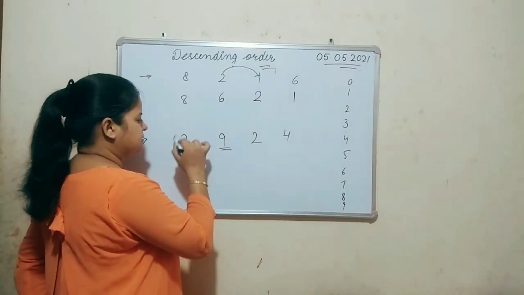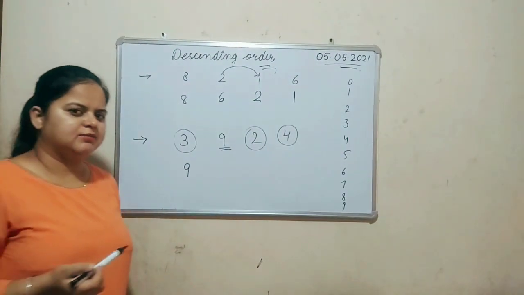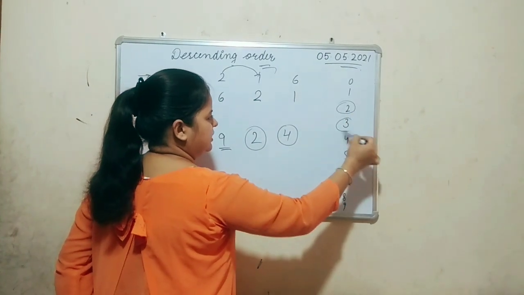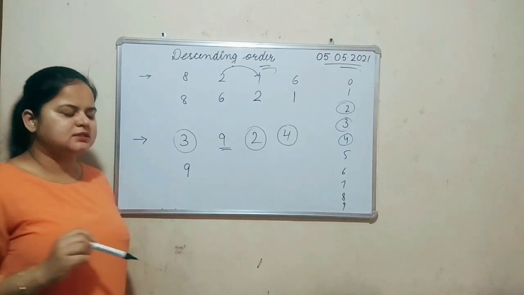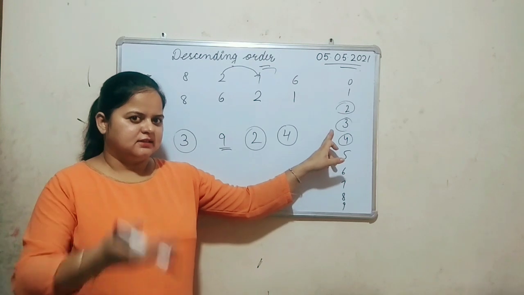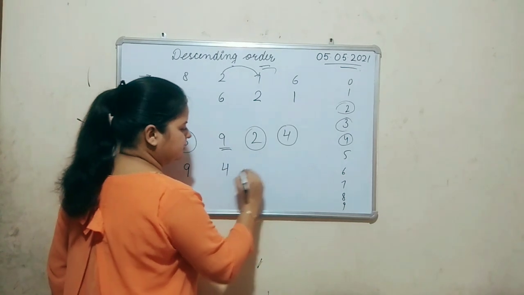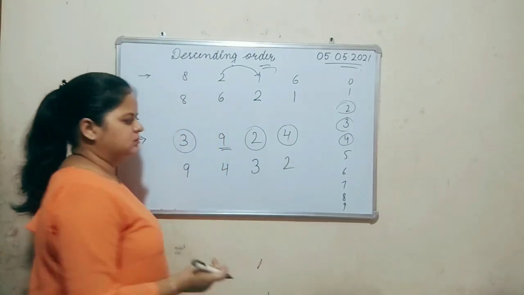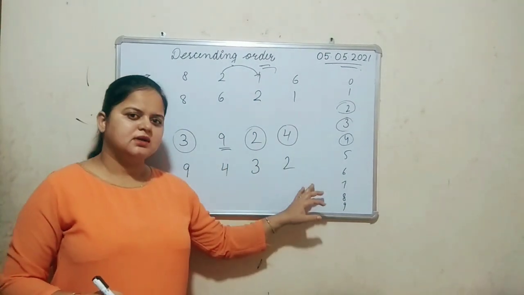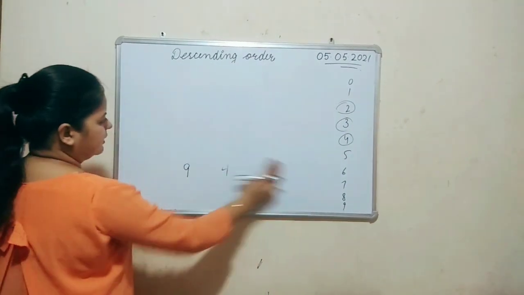Now we have three numbers, 3, 2 and 4. Which is the greater one? Which number comes first? 2, 3 and 4. We have these three numbers. This is smallest. Yes. A little bigger than this, and this is the greatest number. So 4 here, then 3 and then 2. This is called descending order, to arrange the numbers from greatest to smallest. Okay? Understand?